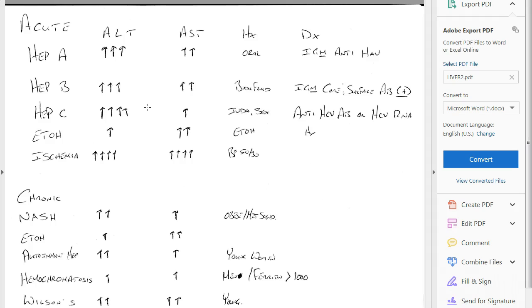They feel awful. So explore your history. And there we go. This also leads me to that whenever you have someone that comes in with abnormal LFTs,